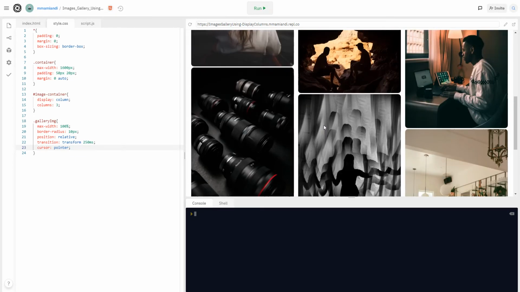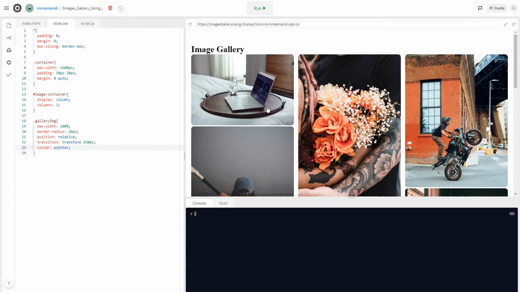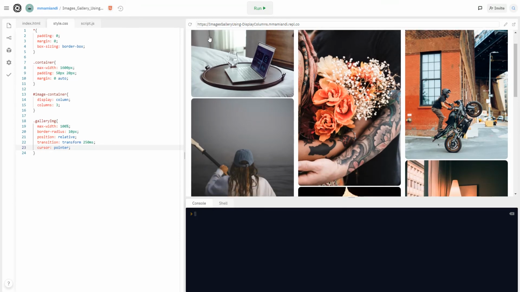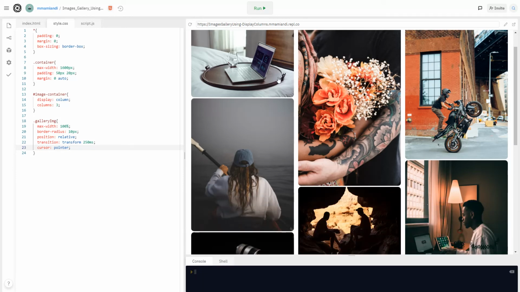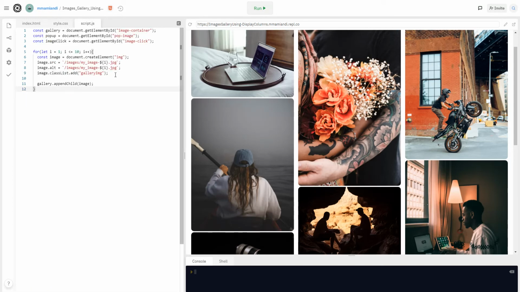Yeah, so what is left for us to do is when we click this image, the container should pop up like this. I don't know, maybe you understand. When we click this one, this image will be big like this inside the container. Okay, so let's go to our JavaScript again, and let's say